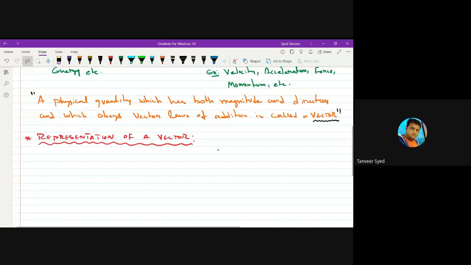So, representation of a vector: we represent a vector in two ways. One is in writing and the other is graphically. One representation is while writing. So let us say I have some physical quantity, which is say some velocity, acceleration, force, some vector quantity. I want to specify that it is a vector quantity. Like if A is a vector quantity,